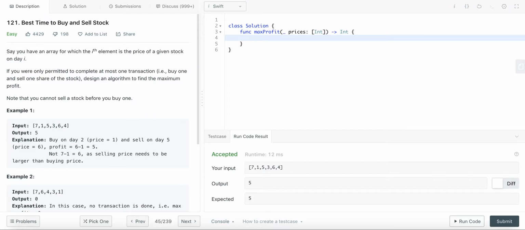Hey guys, today we are going to be solving Leetcode question 121, best time to buy and sell stock. This is a good representative question of the stock price questions that you usually encounter in interviews. This is probably the easiest of the lot and a good place to start with these kind of problems. So, you're given an array of stock prices